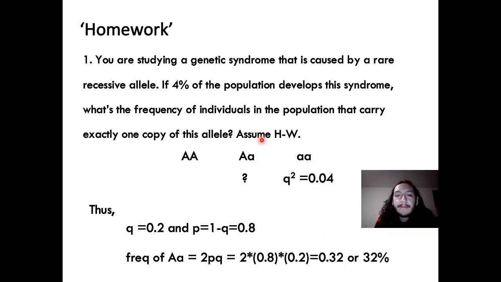Then if we are asking for the individuals that carry exactly one copy of this allele, we are asking about the heterozygotes, right? So if we know that heterozygote frequency in a population assuming Hardy-Weinberg is 2 times p times q, then the answer is 0.32, or 32% of the population